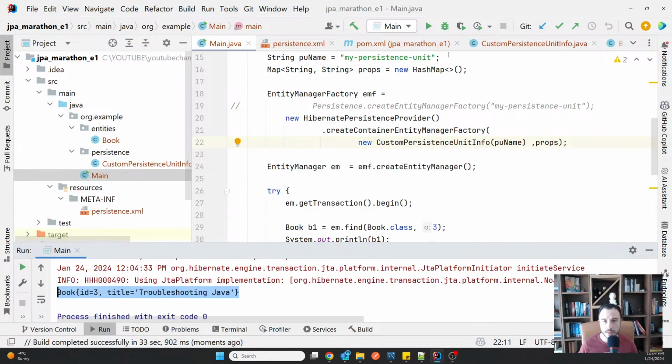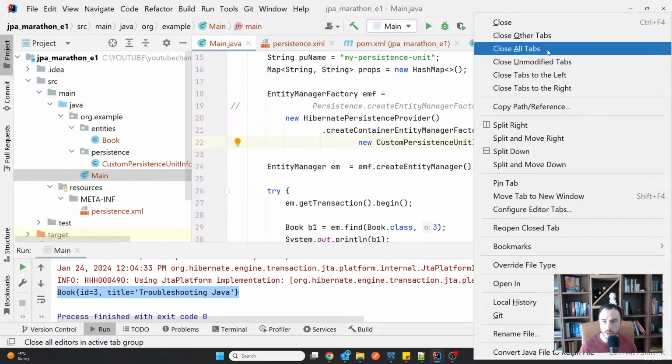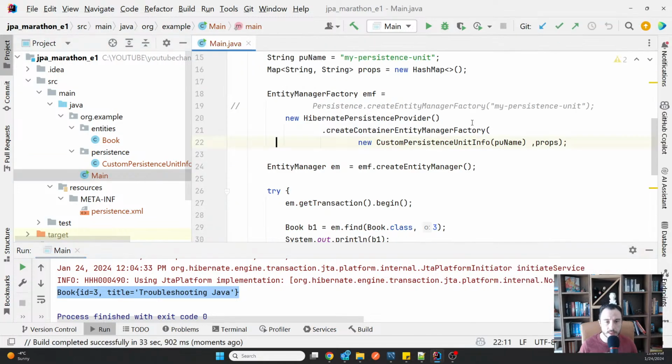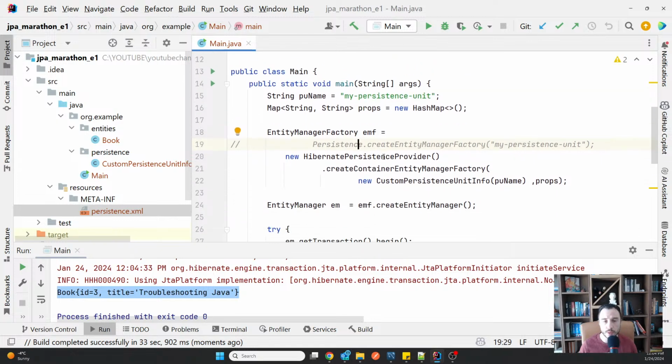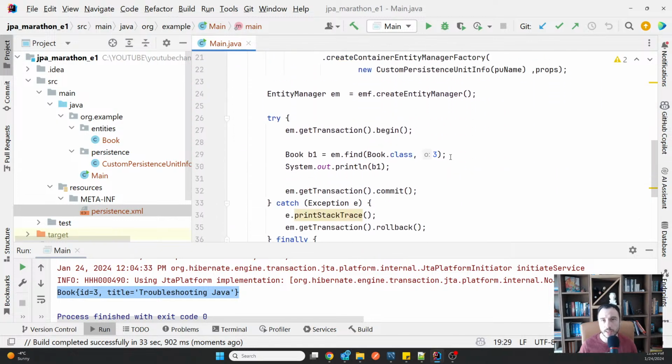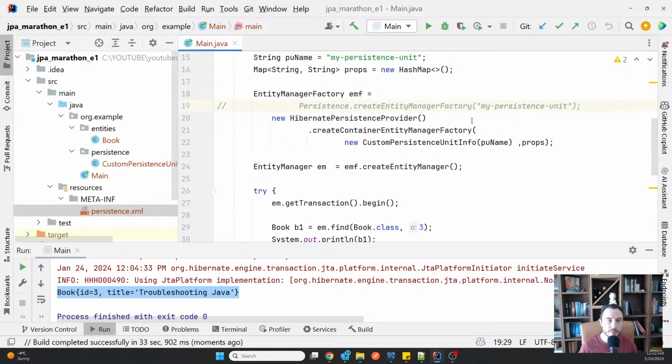So that demonstrates that my implementation here works in exactly the same way as it did work with using the Java, the persistence XML file. So these are basically the two ways in which you can implement the connection to your database. Now we will continue with the programmatic approach. Anyway, we will not have to touch it anymore. I just want to make sure you understand that we have these two options and you know how to use them properly. So we have the first and the second.